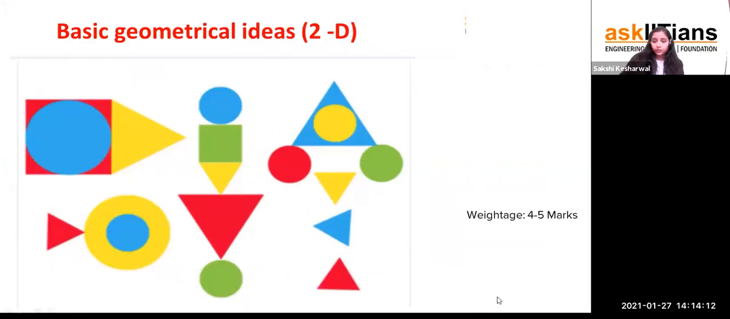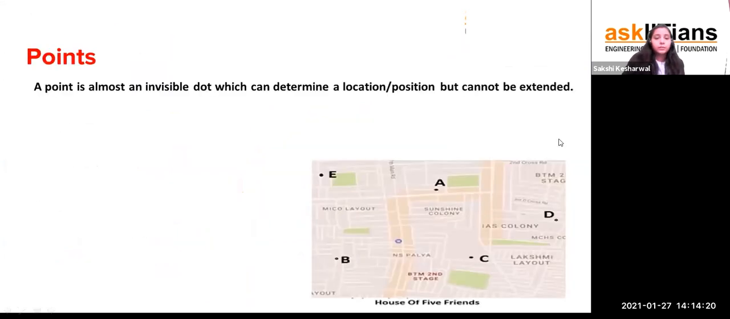So we will be starting with the basic geometrical ideas. I'll be writing the notes very clearly. The first thing we'll be learning is a point. I think everyone knows what a point is. A point is almost an invisible dot which can determine a location or a position